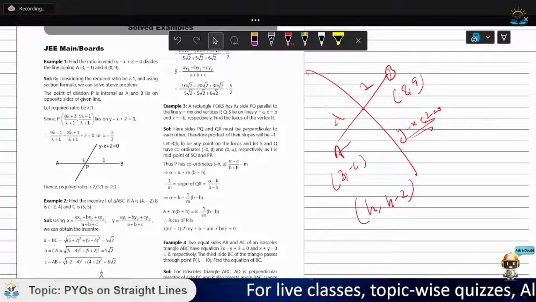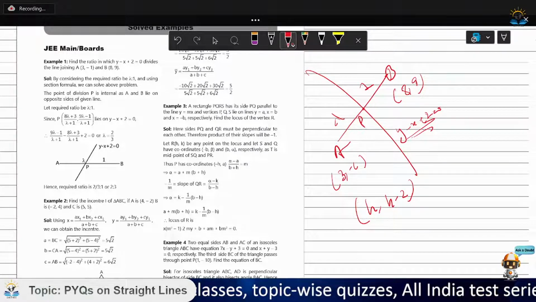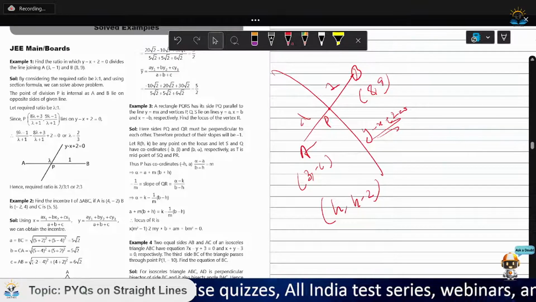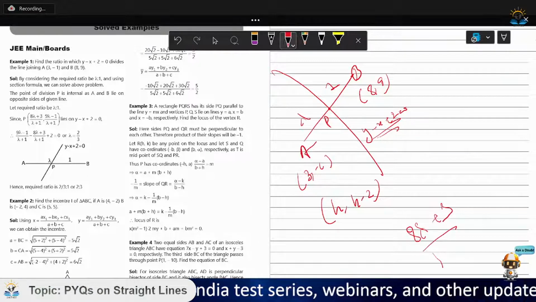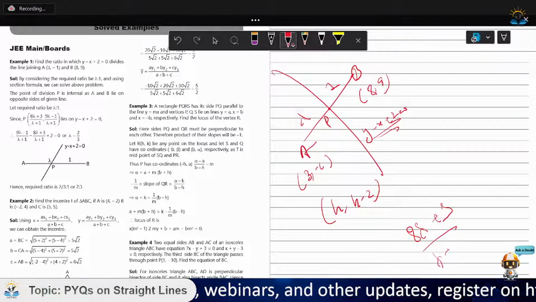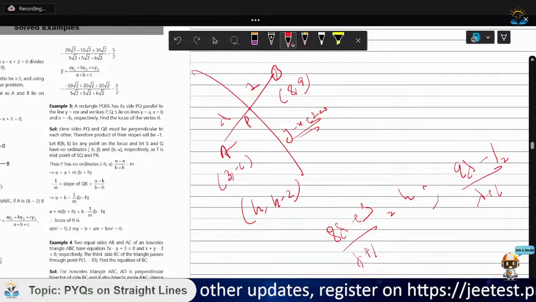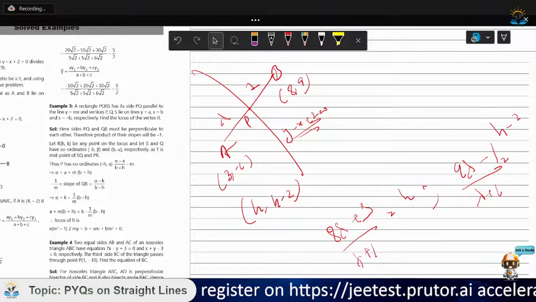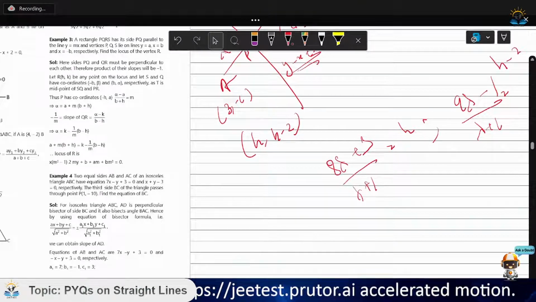So let the intersection point be P. Now we have to find the coordinates of the point P according to the ratio. So it is (8 lambda plus 3) upon (lambda plus 1) as my h. And the other coordinate is (9 lambda minus 1) upon (lambda plus 1), which equals h minus 2. Subtracting these two, what am I getting? Lambda minus 4 upon